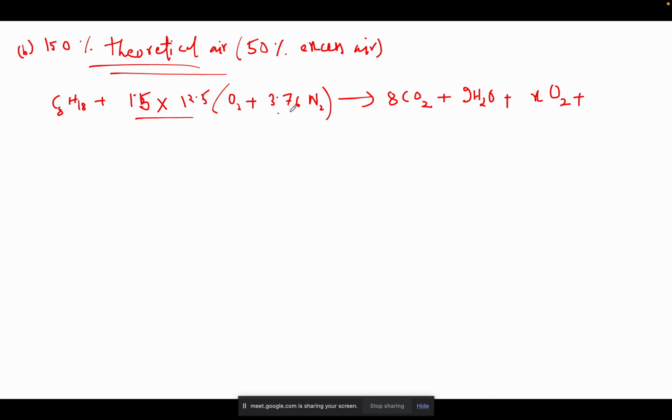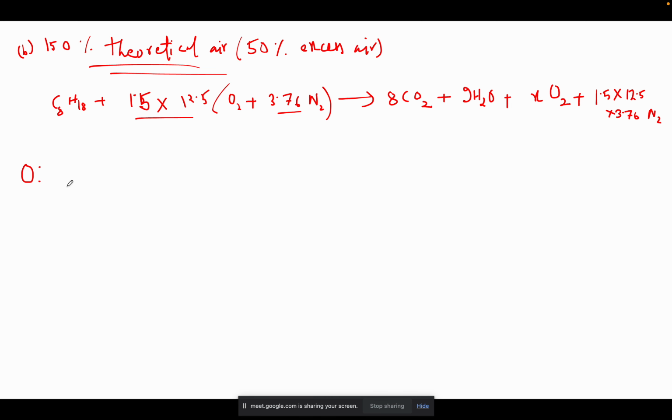This one into this one into this one, because nitrogen goes unreacted, isn't it? So this will be 1.5 into 12.5 into 3.76 N2. Okay, now from here we will do conservation of mass for oxygen in order to get the X